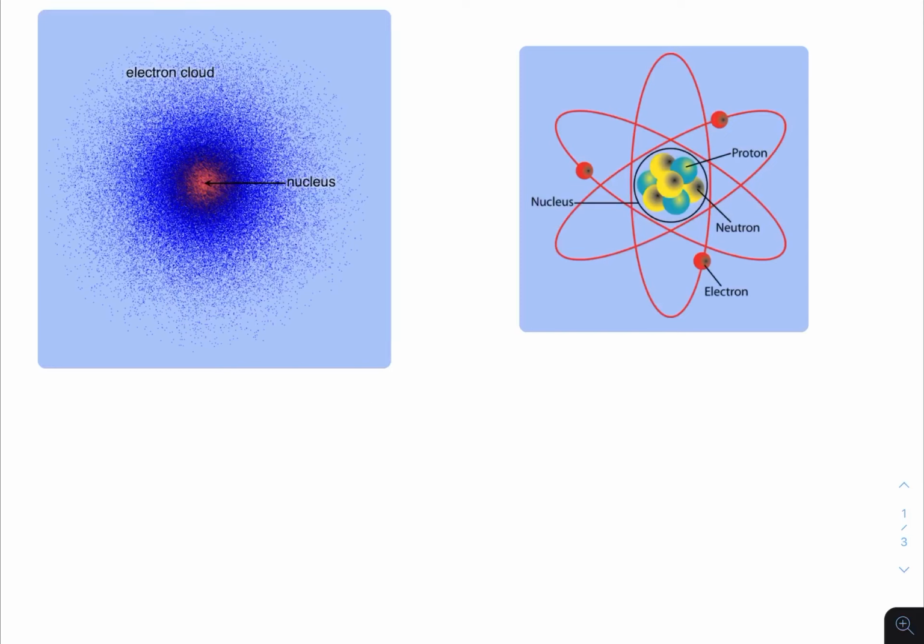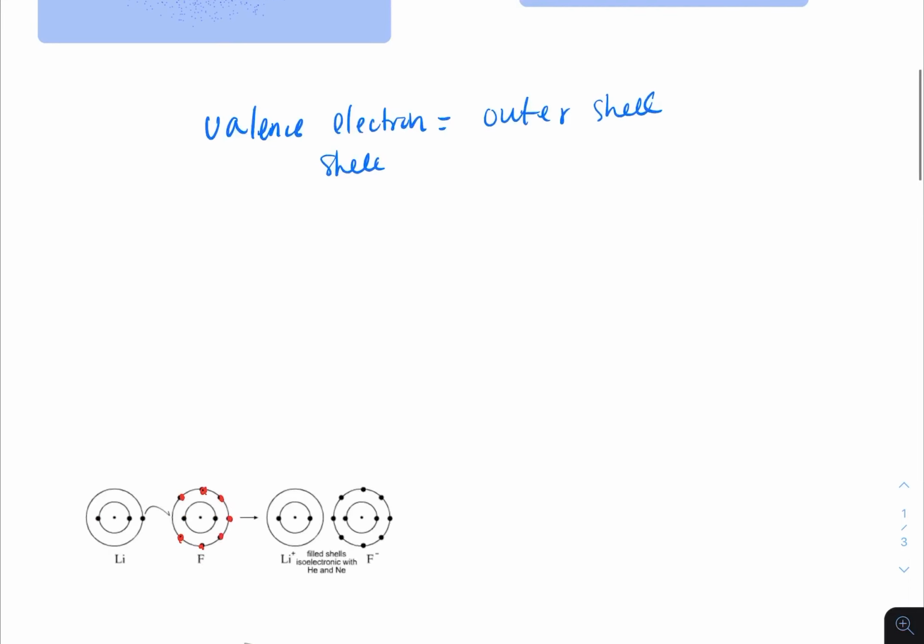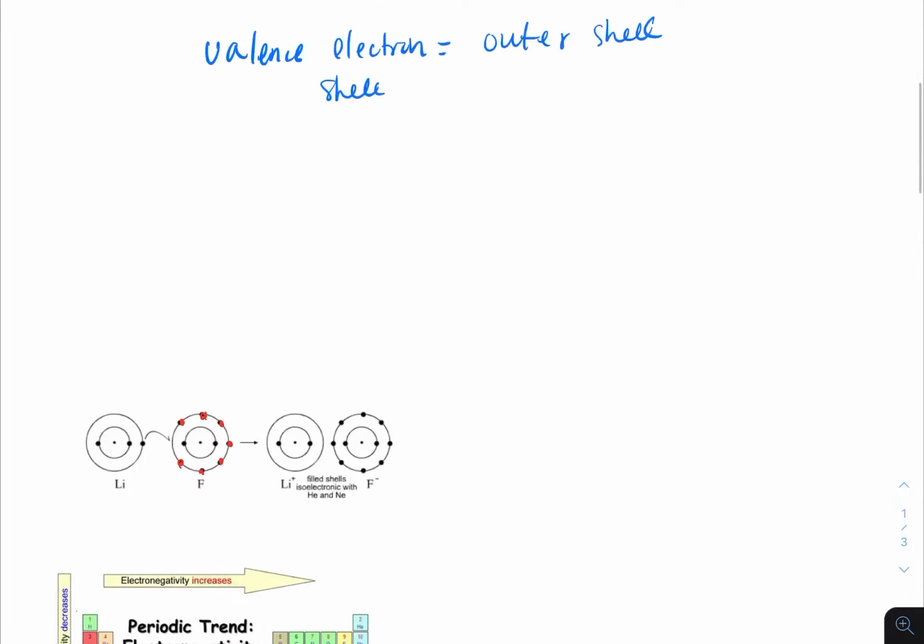So let me write this down. Outer shell, or valence, I should say, electron shell, outer shell, right? So let me erase this right here. So lithium,